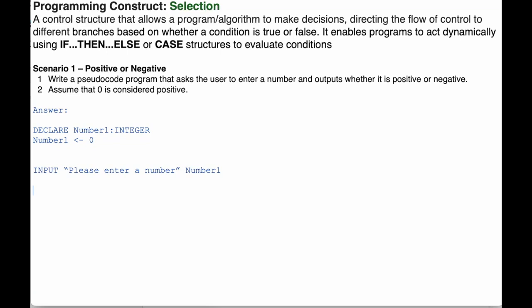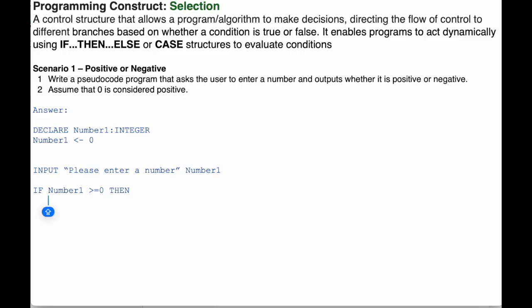Now that we have our input statement for our user input, we now need to create the condition statement to check whether the number is negative or positive. You can do this by using the if statement, capital letters, remember, for any pseudocode command or action term. So if number 1, or should we say if the value held in the variable number 1 is greater than or equal to 0, then